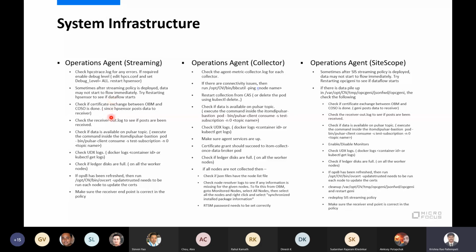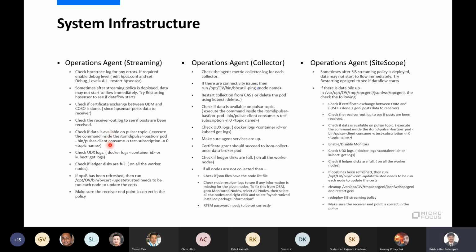If this is done and the data is flowing, then, as I mentioned earlier, the streaming data will always move to the receiver, so we will see the receiver log. The receiver is another component in COSO which receives the data from the streaming part, and we check for any errors in the receiver.